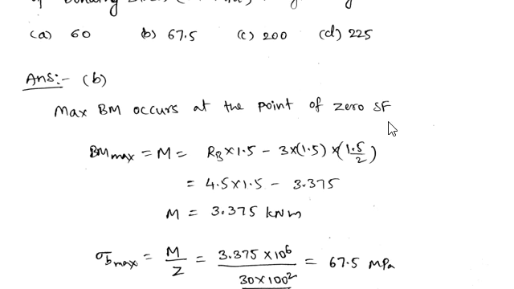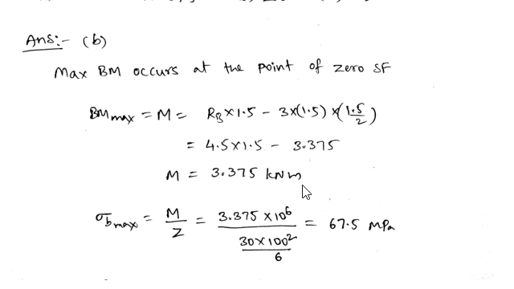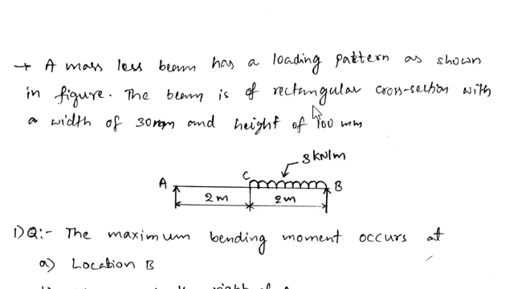That's the location of this UDL. So when you simplify that, we are getting the value of maximum bending moment as 3.375 kilonewton meter, and if you substitute here the Z value, it's given a rectangular cross section of width 30 mm and height 100